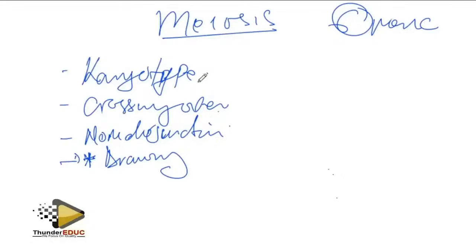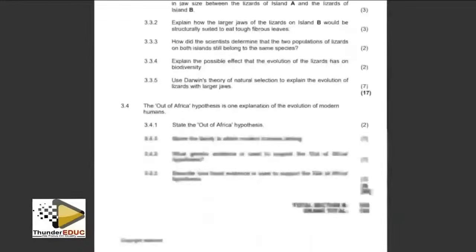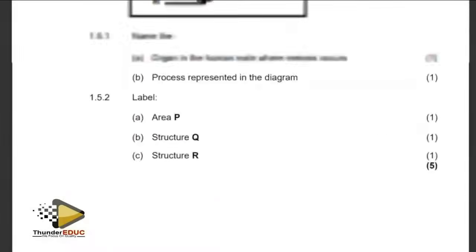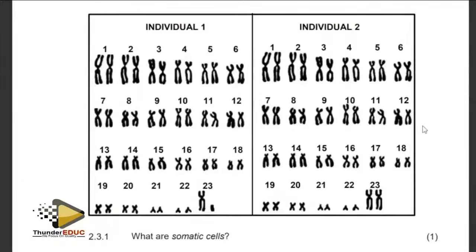How do you describe a karyotype? Let me see if I can find a question here which has a karyotype, and then I'm going to describe it for you so that you see what I'm trying to describe. Here is an example of a karyotype. Describe the karyotype of individual 2. But when the question comes, the karyotype might not be there. You have to know it by head. For example, the karyotype